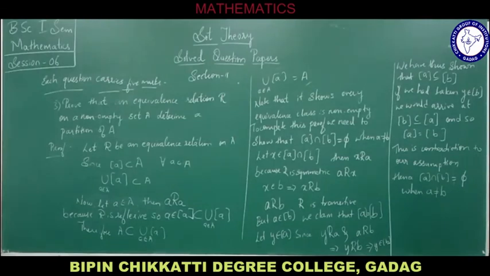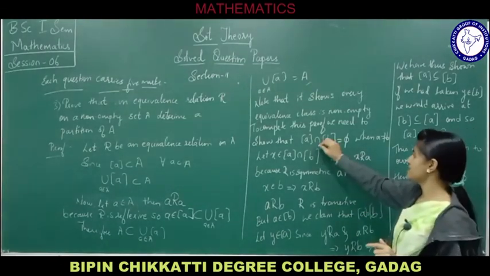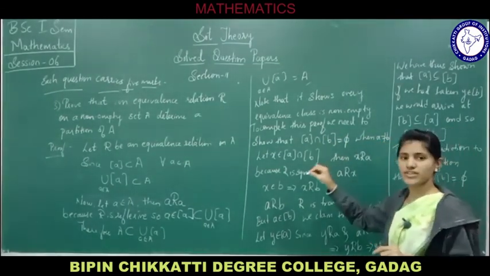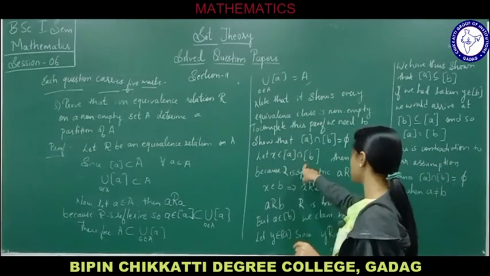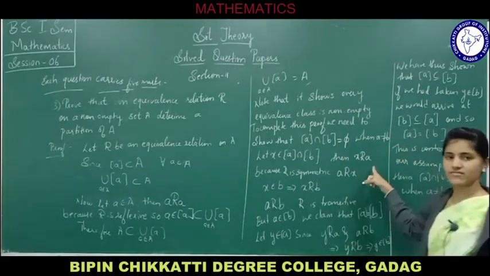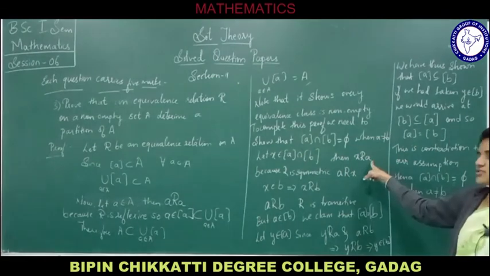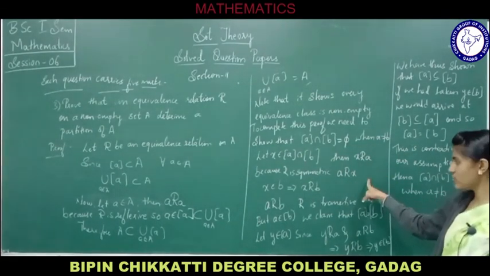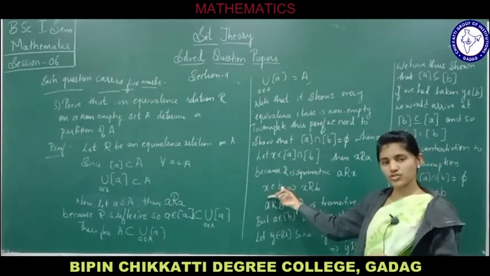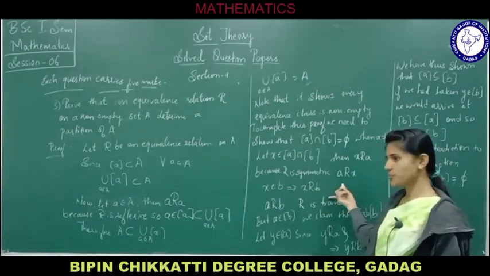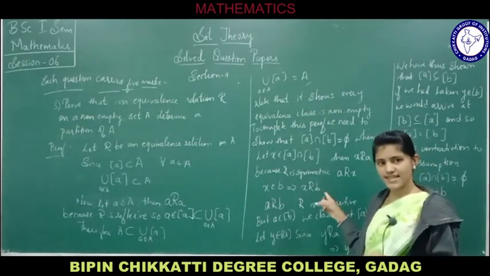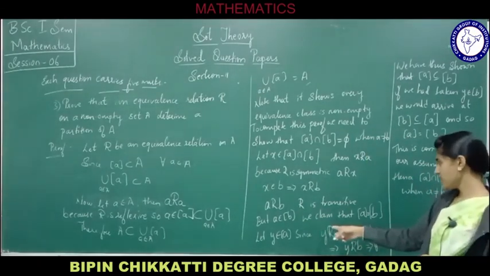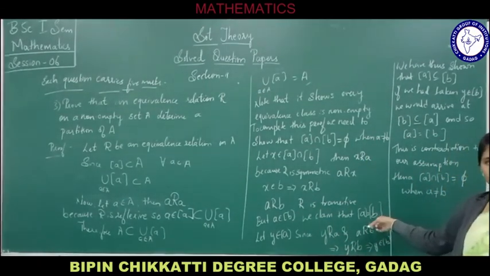To complete this proof, what are we supposed to show? Its intersection is going to be empty where A is not equal to B. So we considered: let X belong to A intersection B. Then X is equivalent to A, and since R is symmetric, A is related to X. It implies if X belongs to B, then X is related to B. Then since R is transitive, A is related to B. But A belongs to B, we claim that A is equal to B.